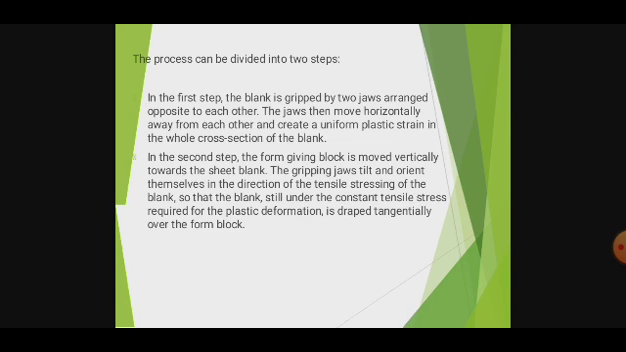The process can be divided into two steps. In the first step, the blank is gripped by two jaws arranged opposite to each other. Then the jaws move horizontally away from each other and create a uniform plastic strain in the whole cross-section of the blank. In the second step, the form giving block is moved vertically towards the sheet blank. Then the gripping jaws tilt and orientate themselves in the direction of tensile stressing of the blank, so that the blank, which is still under the constant tensile stress required for the plastic deformation, is draped tangentially over the form